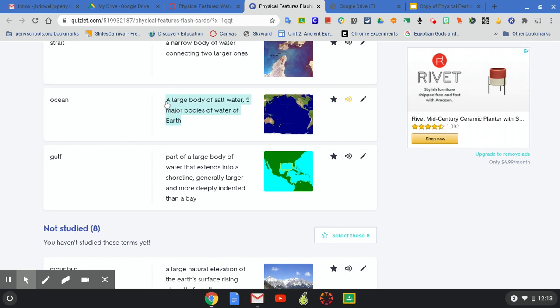Okay? So we know that there is a large body of salt water. We know that there are 5 major bodies of water on the Earth: the Indian Ocean, the Southern Ocean, the Pacific Ocean, the Atlantic Ocean, and the Arctic Ocean. And so when we talk about oceans, we have to understand that the Earth is made up of these 5